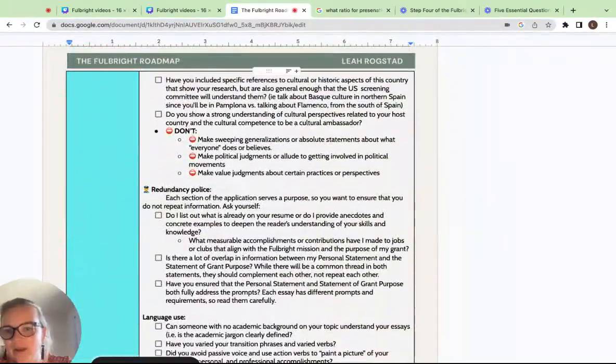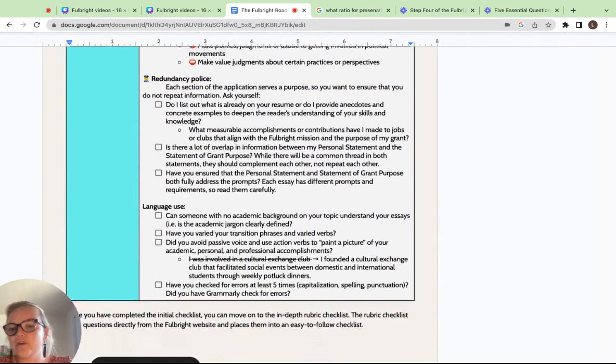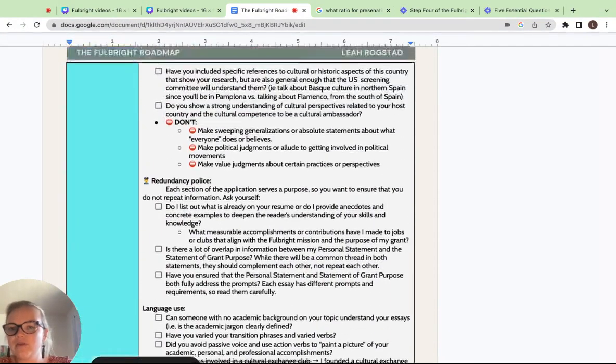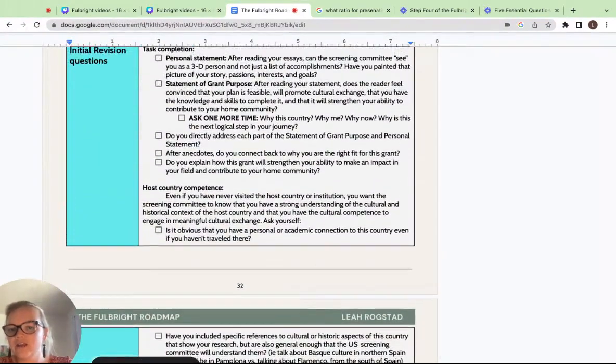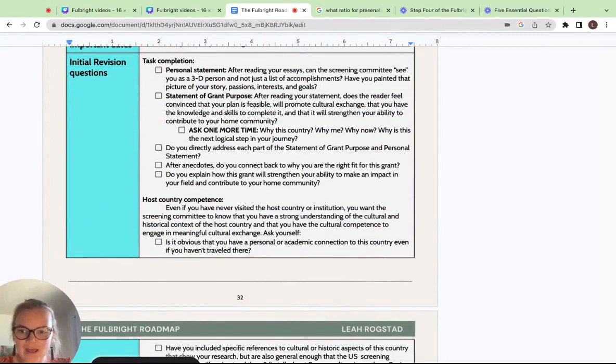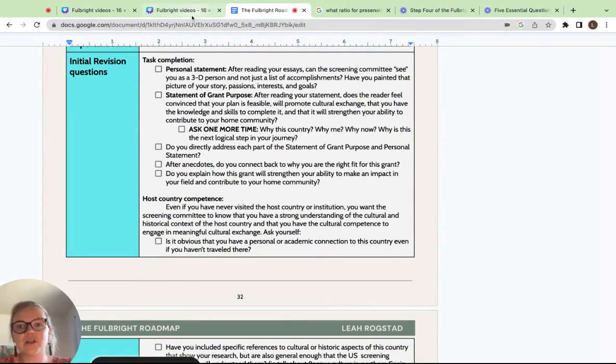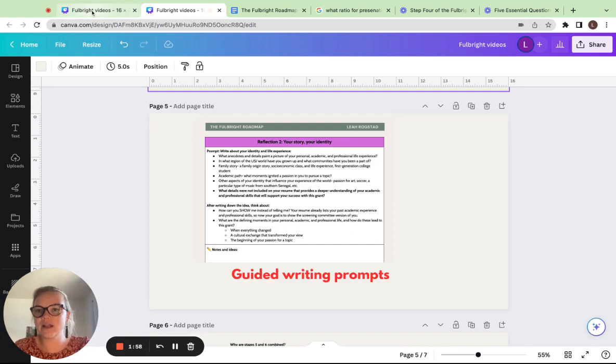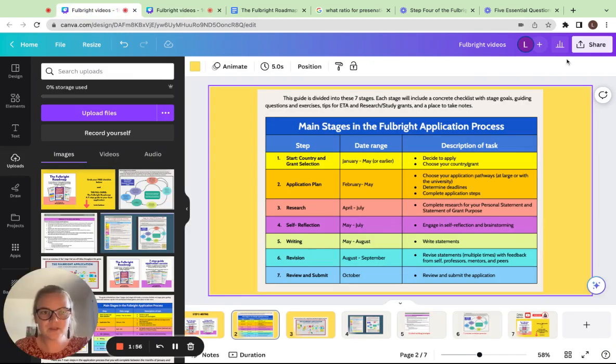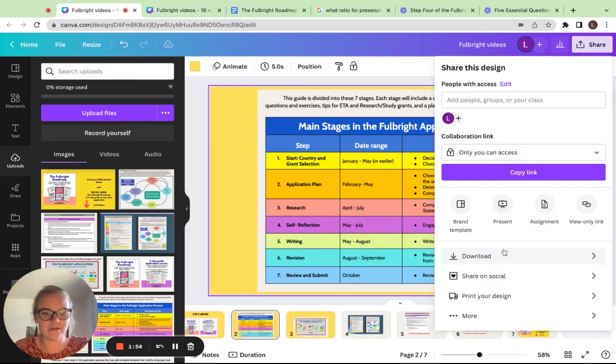For example, don't make sweeping generalizations or absolute statements about what everyone does or believes, but we'll go through and ensure that you're talking about language use or that you have demonstrated that you have host country competence. So again, all of this can be found on the Fulbright writing page,